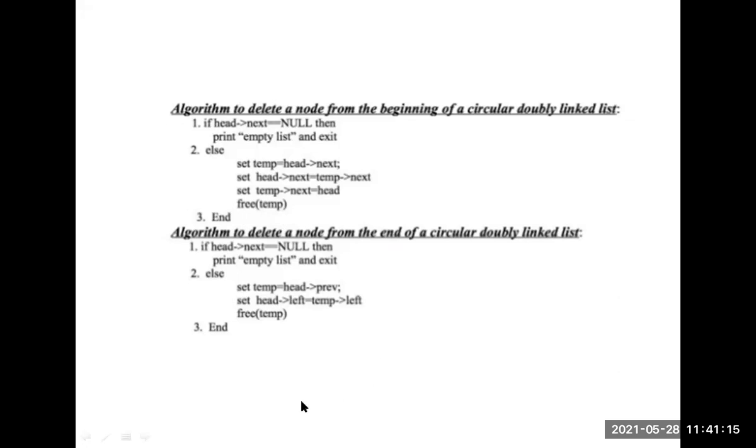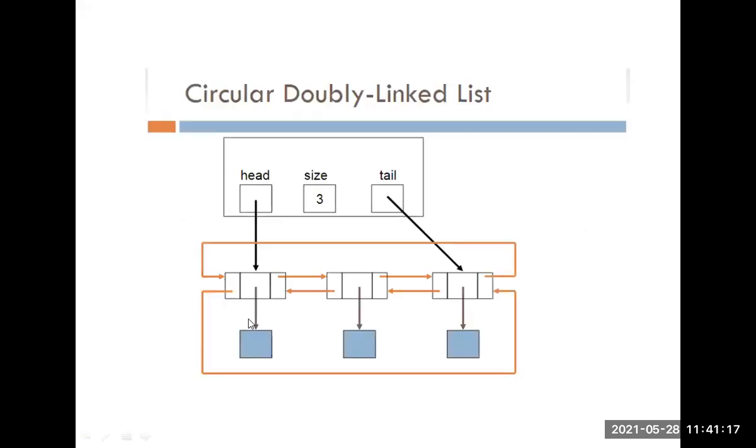So we want to delete a node in the circular double linked list. We want to delete this. What will happen? We miss the next node address and also the last node address. So for that, what we have to do is store this left link address in some temporary variable.